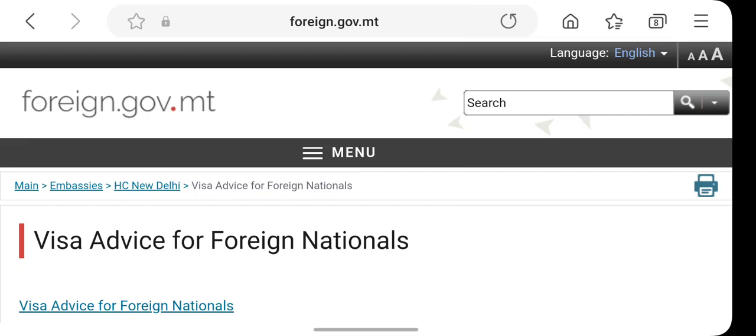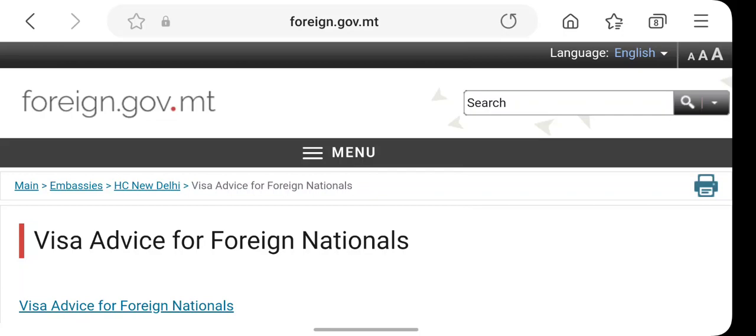So guys, Malta is a country in Europe and it's a Schengen country. So the process is also very similar. First of all, in many cases you may not even need a visa to Malta if you are from a non-visa required country, but sometimes you do. When it comes to submitting the application, like other Schengen countries, it depends upon your location. For the purpose of this video, we'll consider the applicant is in India and how the applicant is going